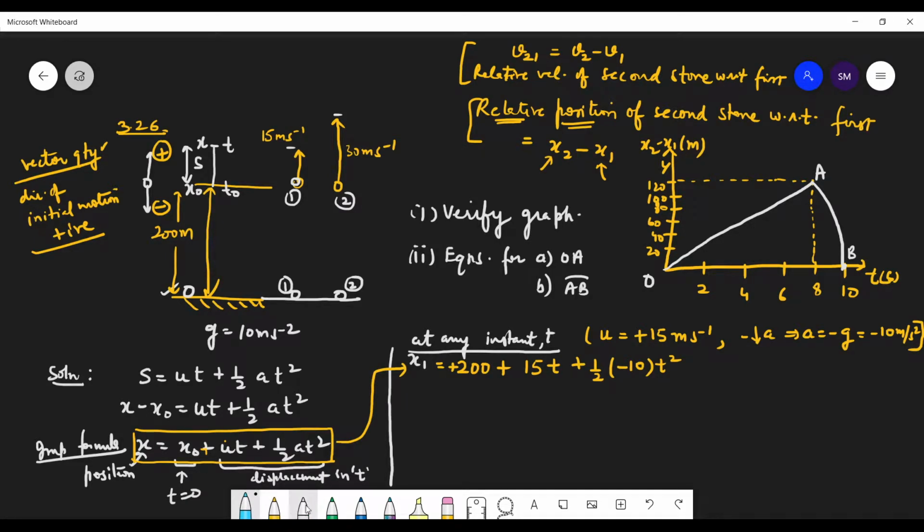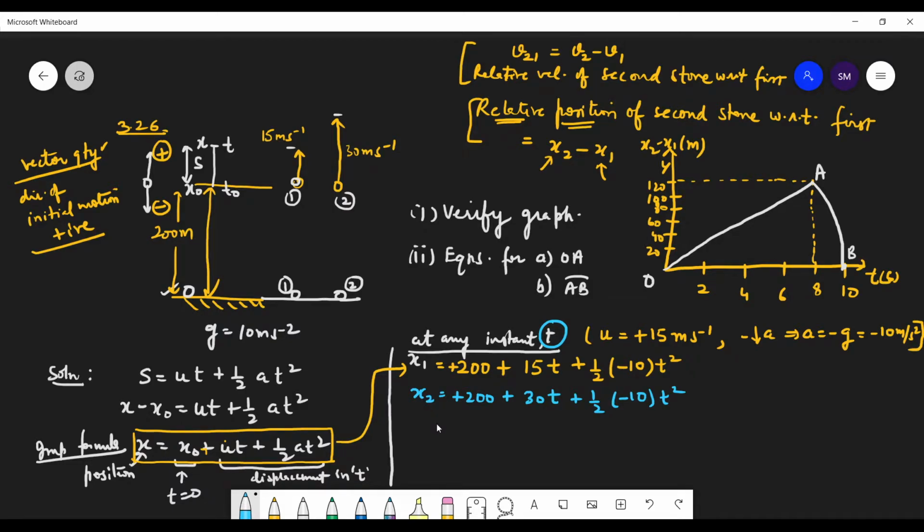Similarly, I will write the position at the same instant t. What will the position be? See, both were at the same position at the start. Now its initial velocity was plus 15 upward, so its velocity was plus 30 in the upward direction, right? So the difference will be here, it will be plus 30, plus g will be the same and time is the same. So the only difference is their initial velocity, due to which their positions will be different. Is this okay?